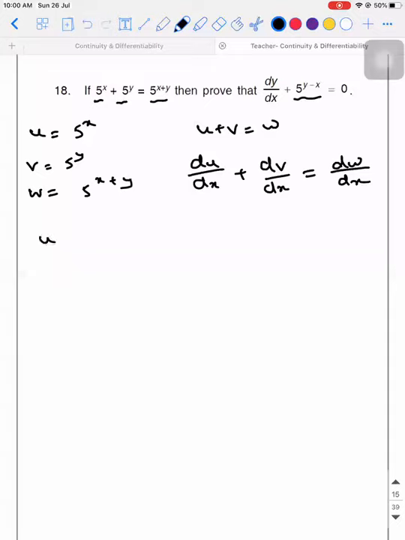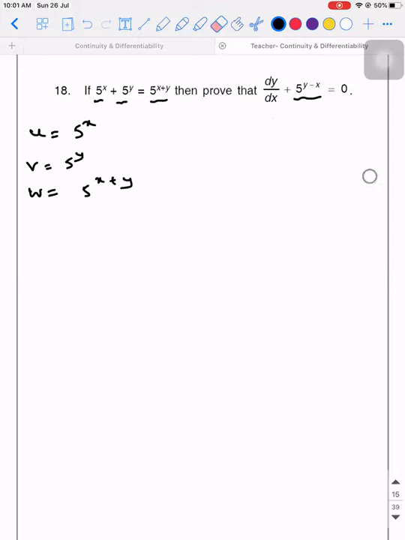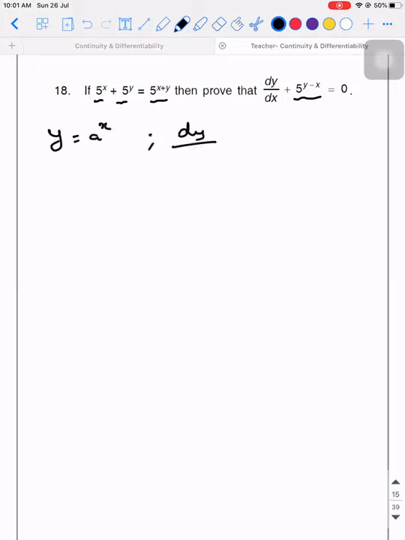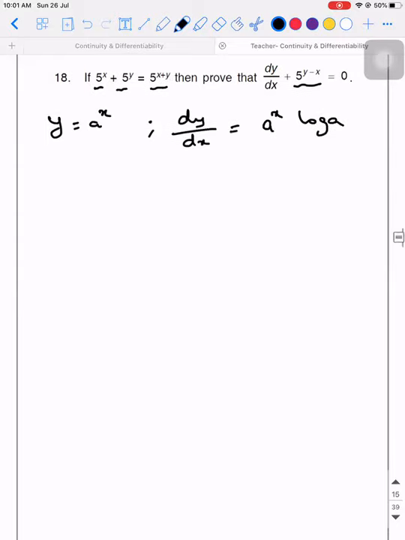For example, u is equal to 5 power x, which implies log u is equal to, actually we need not do that also. See, you have a formula for a power x directly. This problem doesn't require that also. See, y is equal to a power x, the formula is dy by dx is equal to a power x log a. You know this, right? Yes, sir. I use this only, sir. This you can use, yeah. Actually, this itself is derived by taking log only. So 5 power x log 5